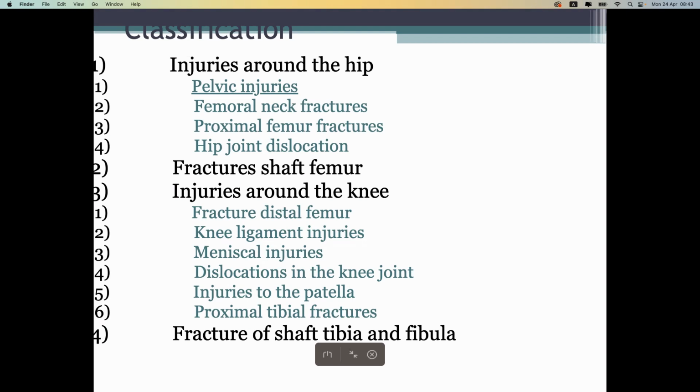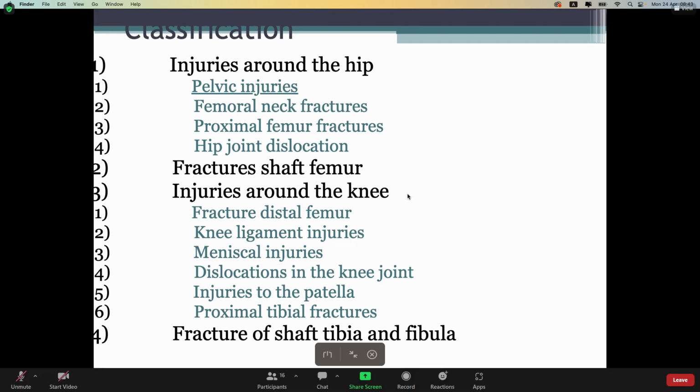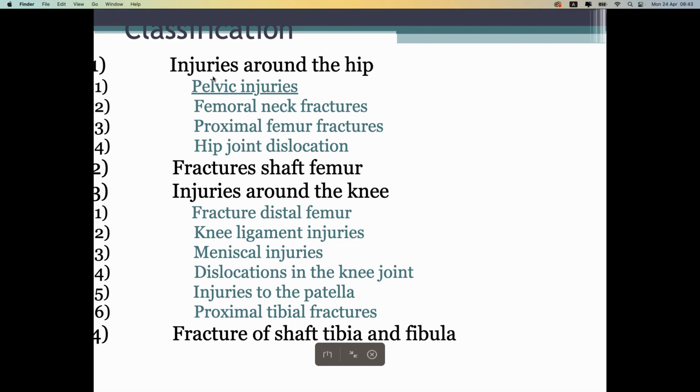Fracture of the femur. Let's first give the classification. Okay, so this classification which you see on your screen is an all lower limb classification, which means that we're starting from the pelvis. Okay, injuries around the hip joints, which include the pelvic fractures,